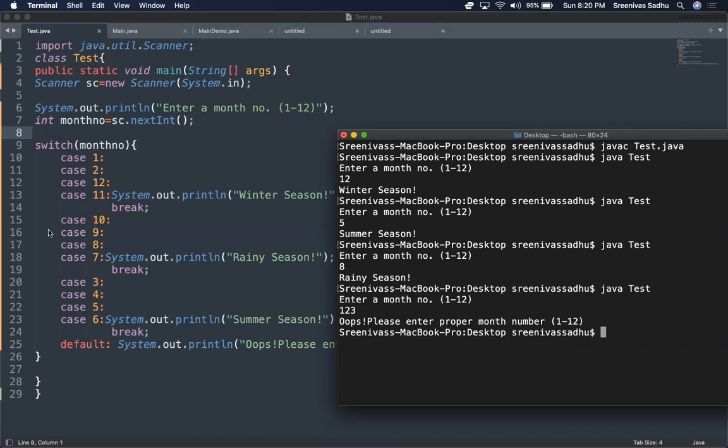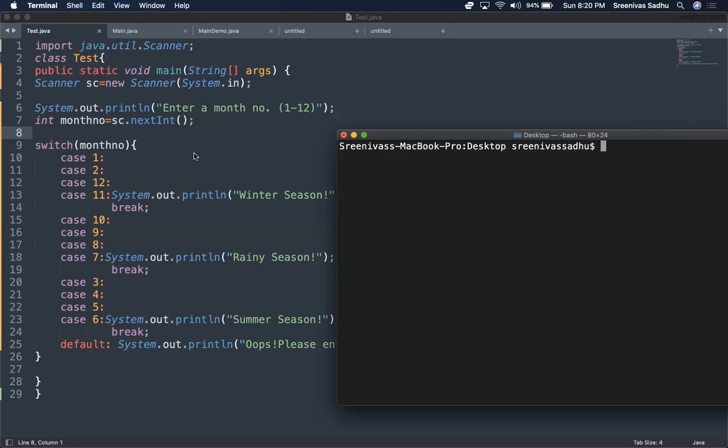Okay, so the first important thing is the switch expression. The expression evaluates to an integral type and a string as well. And a break: whenever break is encountered, it will come out of that particular switch statement. And if none of the cases is matched, then the default case is going to get matched. Okay, so now let's see one more example. I have already written this example where the expression value is going to be a string.